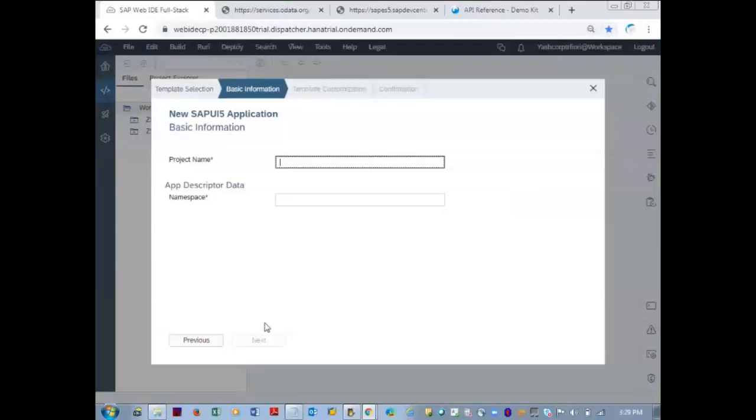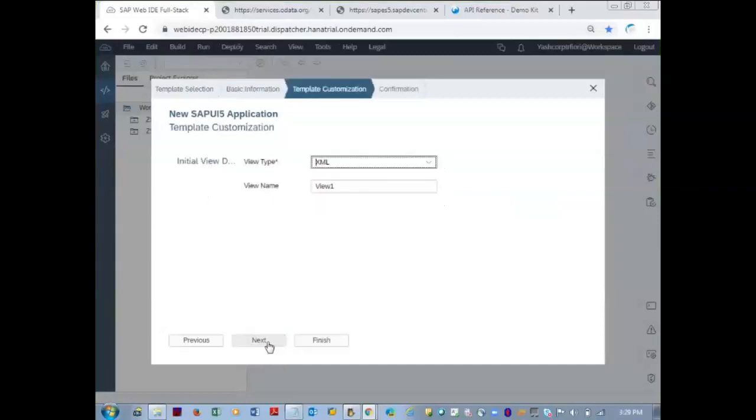Project name I'm giving Z SAP UI5 underscore proj 03 underscore OData services, because Northwind and SAP services all I'll consume into one application. Namespace com.yash I'm giving. Click next, click finish.